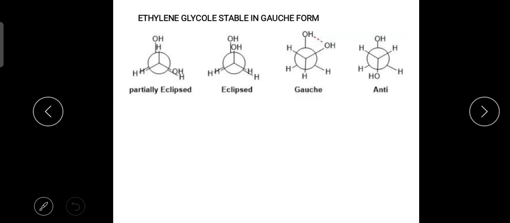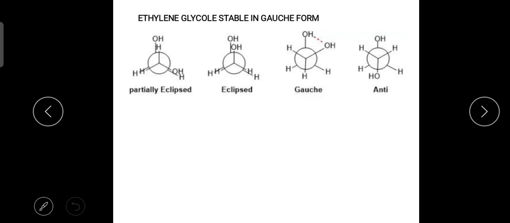Next one is the different conformers of ethylene glycol, and you know in the case of ethylene glycol three conformers are possible. That is partially eclipsed, where one hydrogen atom overlaps with the OH or hydroxy group, and the second one is the fully eclipsed structure, where the two OH groups are completely overlapped with each other, therefore it is known as the fully eclipsed structure. And the third one is the gauche structure, where